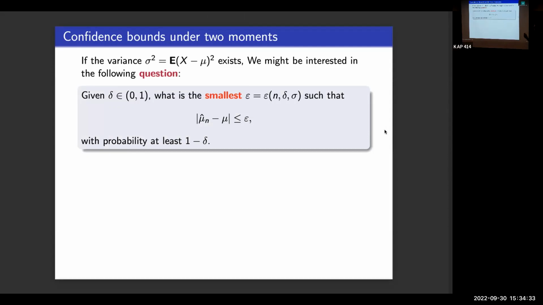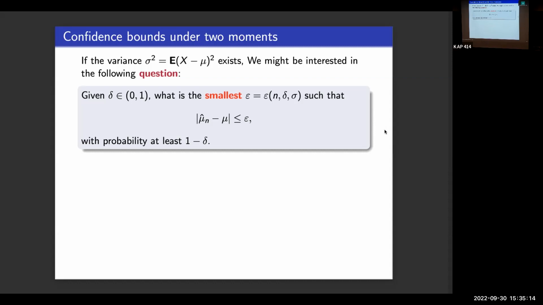So now if you assume the existence of the variance, under a two-moments assumption, you might be interested in quantifying the error. I'm getting close to mu, that is the expectation, but how close do I get? I'm trying to quantify the error I'm making for fixed n. How large is this epsilon, which is the width of your confidence interval? It turns out that for some distributions, this interval is small. If you have light-tailed distributions, you get a small interval. If you have heavy-tailed distributions, it gets larger. And what we want, ideally, is an estimator that has a small width for the confidence interval.